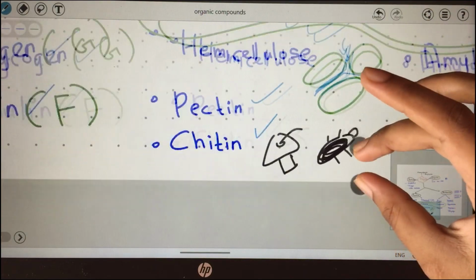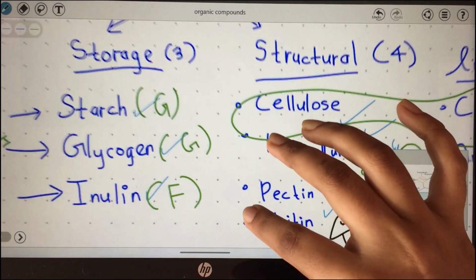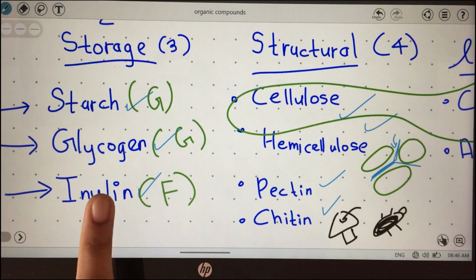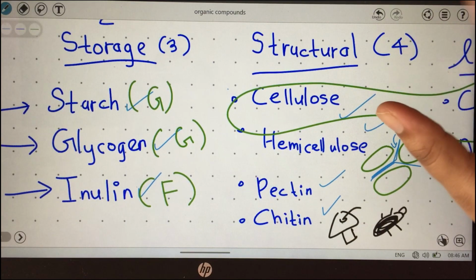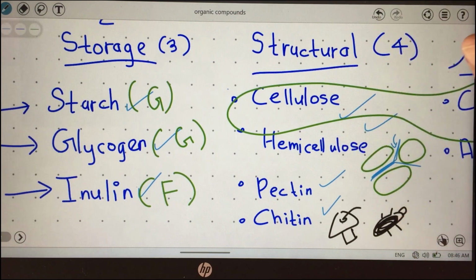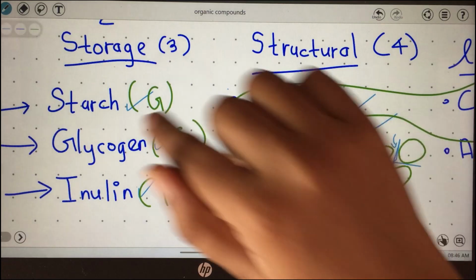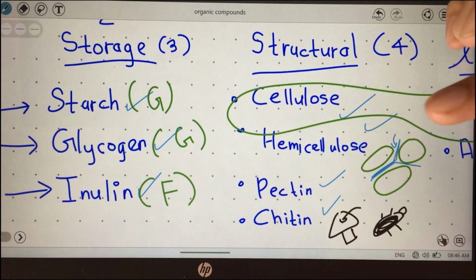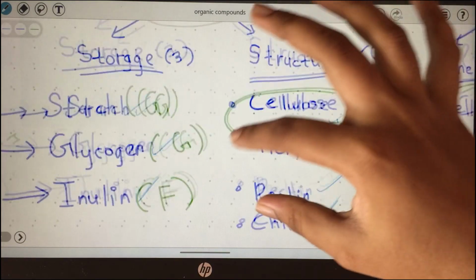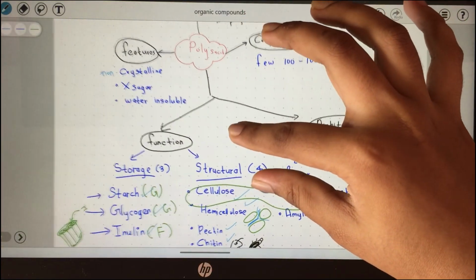So what are the polysaccharides that are found in animals? If I ask you, you're going to say glycogen. Why? Glycogen is found in animals and fungi. Then you have to say chitin. Chitin is found in the exoskeleton of arthropods. Okay, you don't consider fungi as animals. I'm speaking about direct animals. Then if I ask you what is the type of polysaccharides that are found in plants, then starch is going to come, inulin is going to come, cellulose, hemicellulose, pectin, you can say. Okay, so that's it about the polysaccharides.